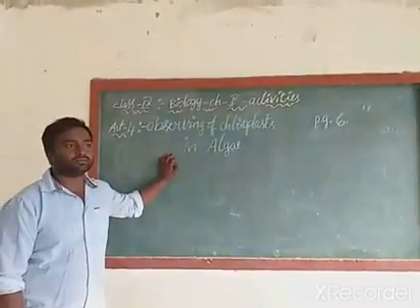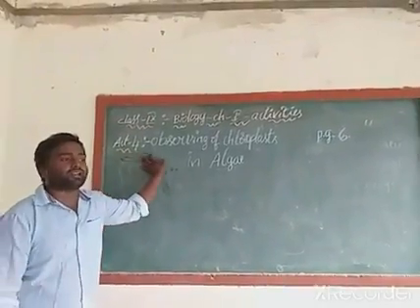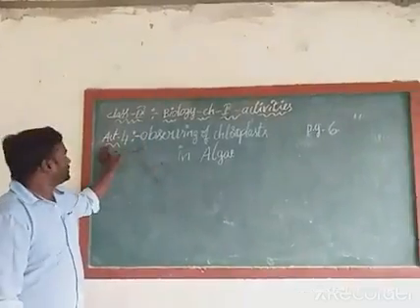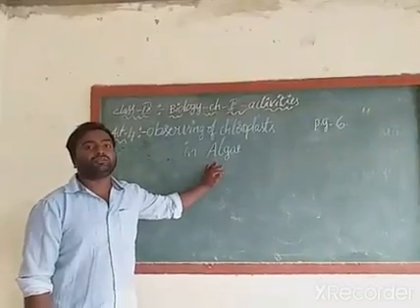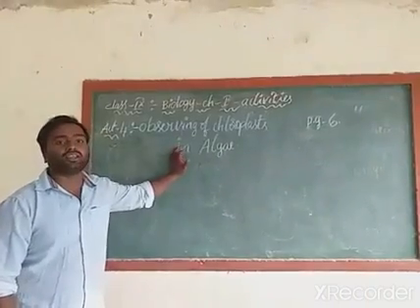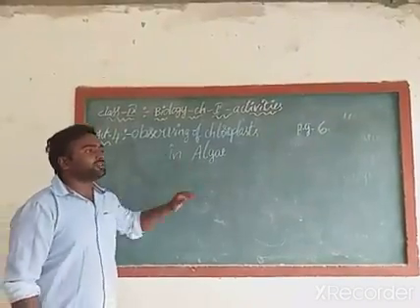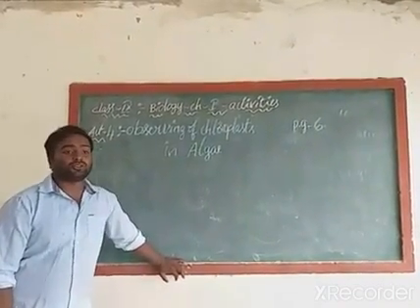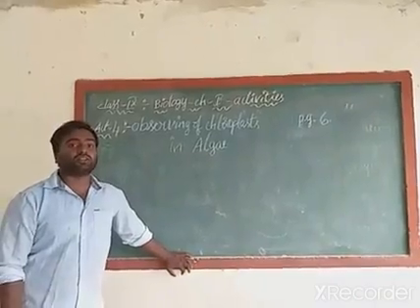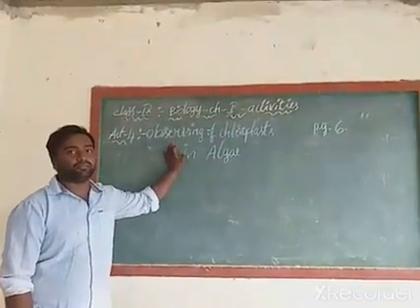Okay, children, this activity is completed. Now, come to the last activity from our chapter 1. With this activity, our chapter 1 is going to be finished. In this activity, we are going to observe the chloroplasts again in algae. Where do we observe algae? We can see these algae in ponds, in water. If you observe the algae, it also contains chloroplasts. Algae also performs photosynthesis and releases oxygen into the atmosphere. So in this activity, we are going to observe chloroplasts in algae.